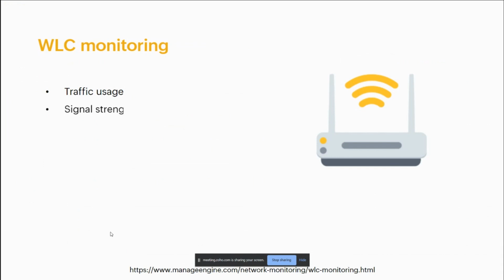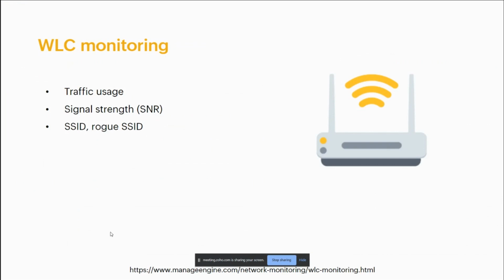So the traffic usage can be monitored, the data transmitted via different wireless and wired connections can be monitored, the signal strengths can be monitored for performance, and you can also have a look at the authorized and unauthorized Wi-Fi connections that are detected by your access points, and it will also be listed in its UI. You can also have detailed information on the health and availability of your access points, and you can know who the active clients are.